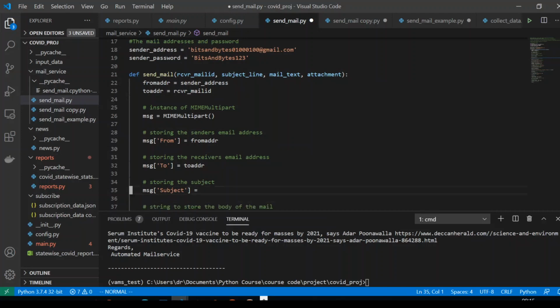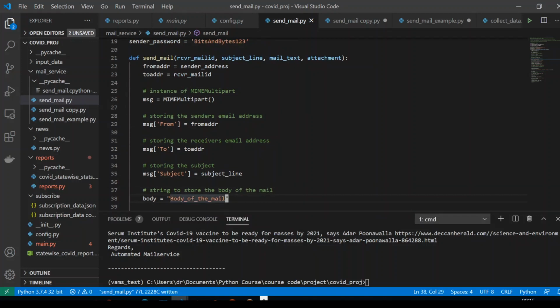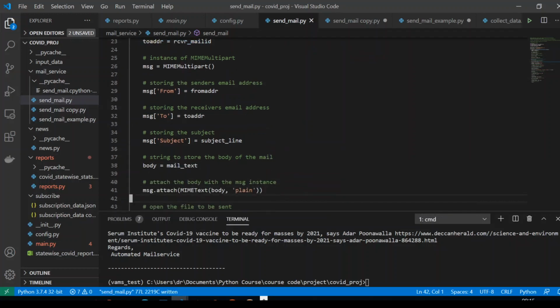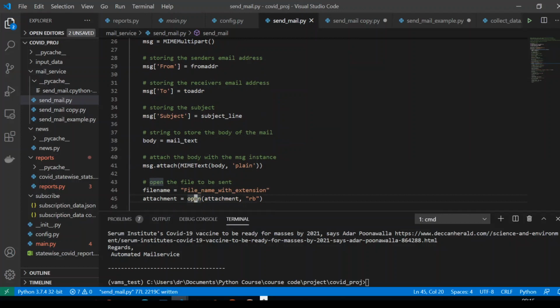This particular program is taken from GeeksforGeeks, so the link is given. You can study there. Let me modify this here. I'll give a subject line here, and then the body of the mail is mail text. Good. And then there is the attachment. Where is the attachment? File name.